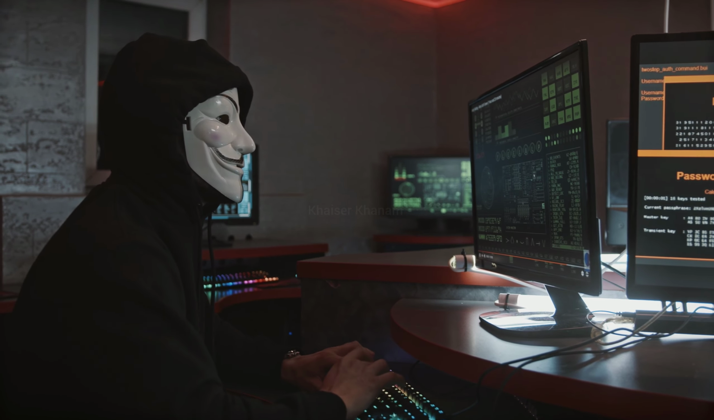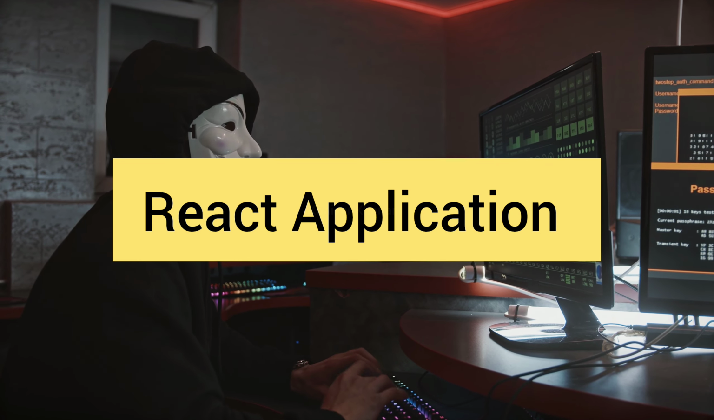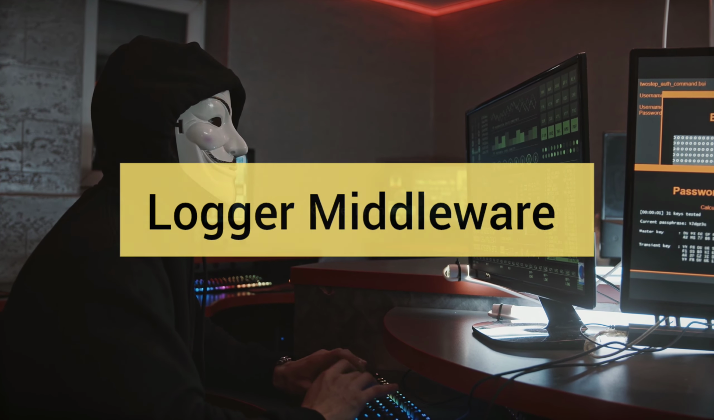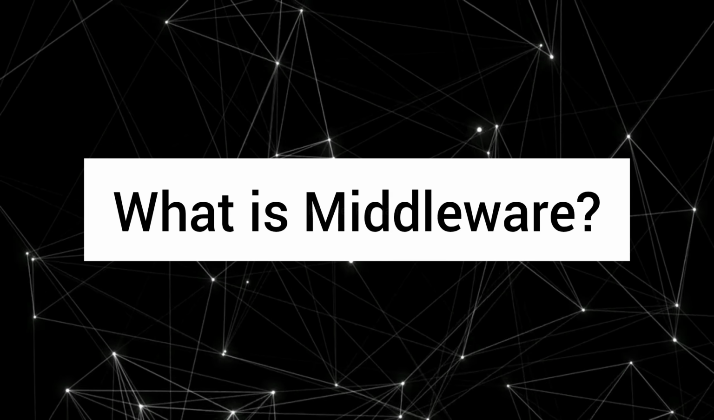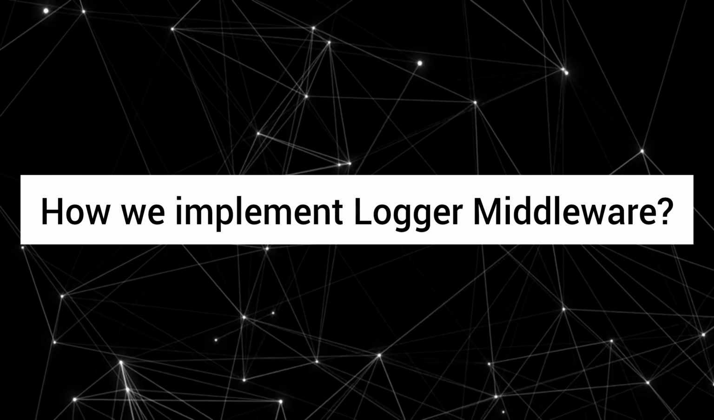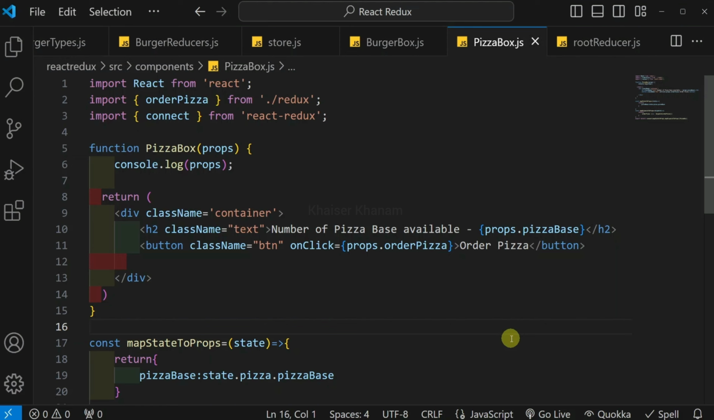Now let's start with implementing middleware in React application. And we are going to start with logger middleware, and we have already understood what is middleware and how we implement logger middleware. So now inside this React application, directly I will be starting with the steps. So entire steps will be same. Only thing, instead of checking the logs in the terminal, now we are going to check the logs inside our